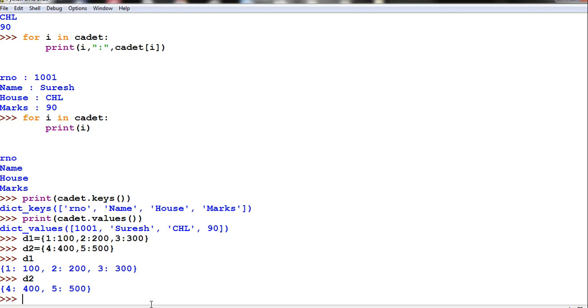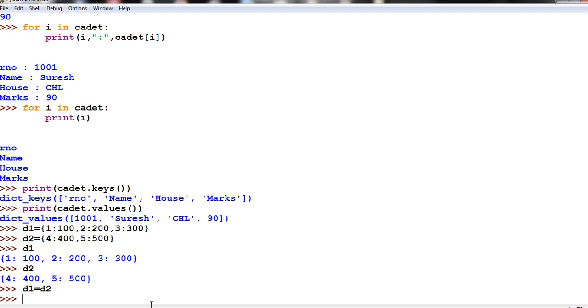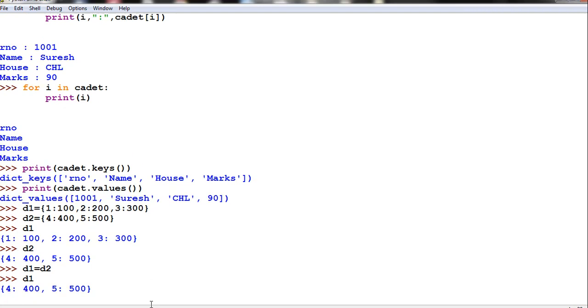For example, if I write d1 equal to dict, no, dictionary, no, dict keyword, now add d2. Suppose if I write d1 equal to d2, what will happen now? If you print d1, now your d2 values have come.